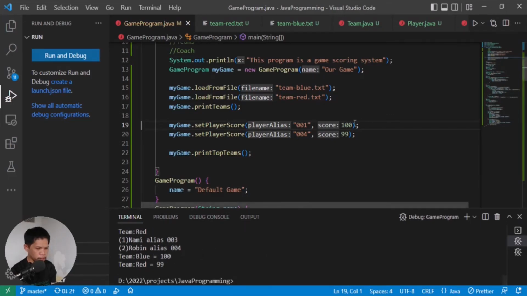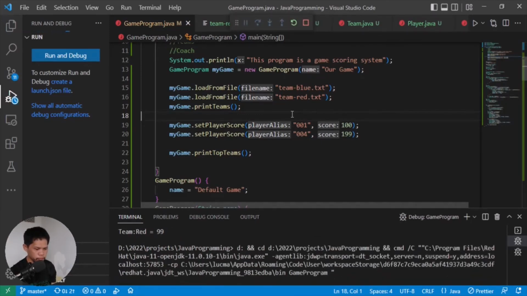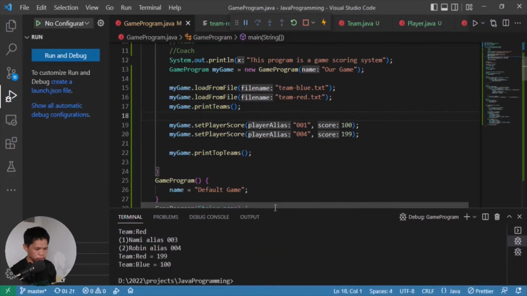Yan. So, i-change natin yung scoring. Let's say, kung ito siya is 199. So, dapat mag-top is si red. Yun. So,